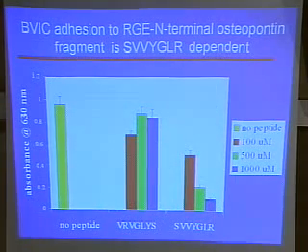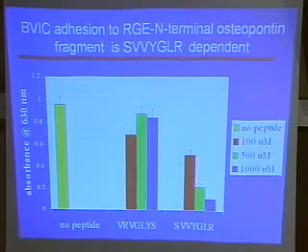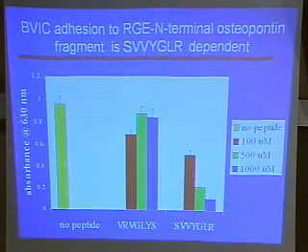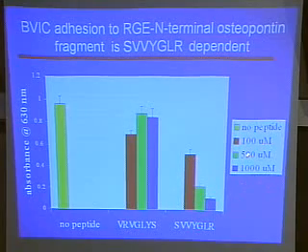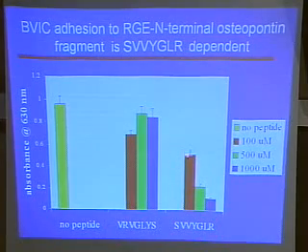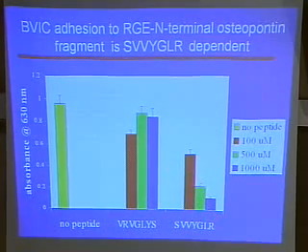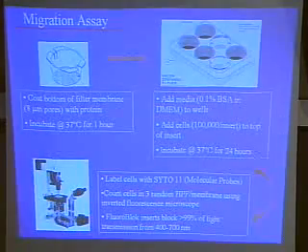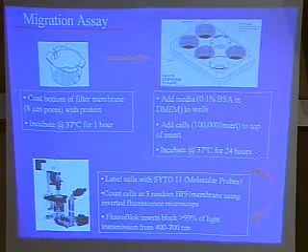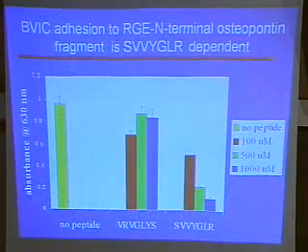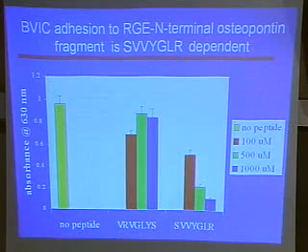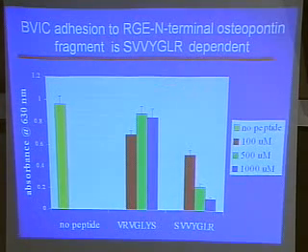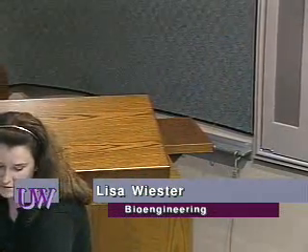But then we wanted to see, is the integrin actually interacting with this SVVY-GLR motif? So we pre-incubated the cells either with no peptide or increasing concentrations of either the peptide of interest or a scrambled negative control peptide, and we saw a nice dose-responsive inhibition of cell adhesion. So I'll back up just a second and conclude on those two slides: we were able to determine that this peptide could be immobilized on a tissue engineering scaffold to support adhesion of these cells through interaction with alpha-9 beta-1.